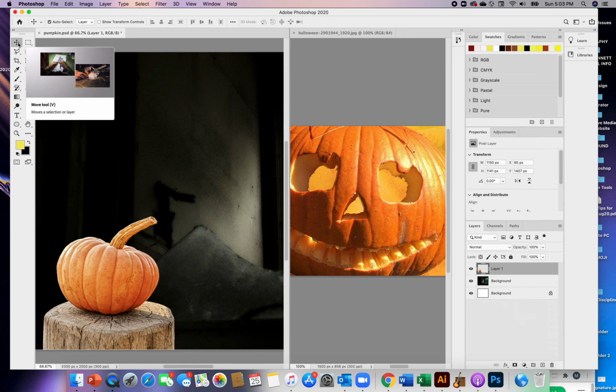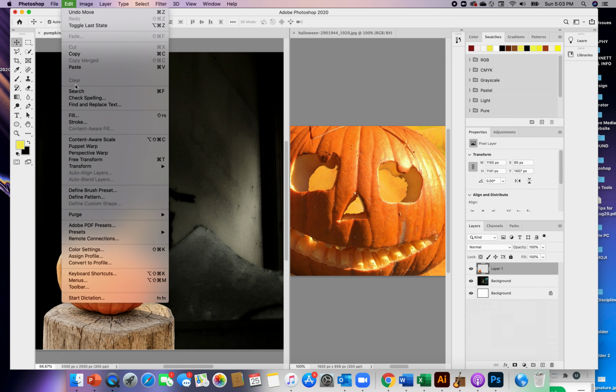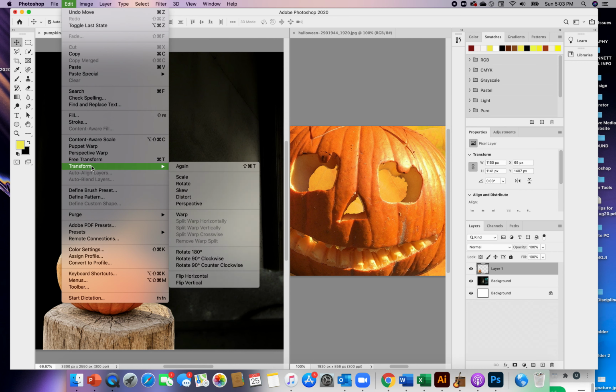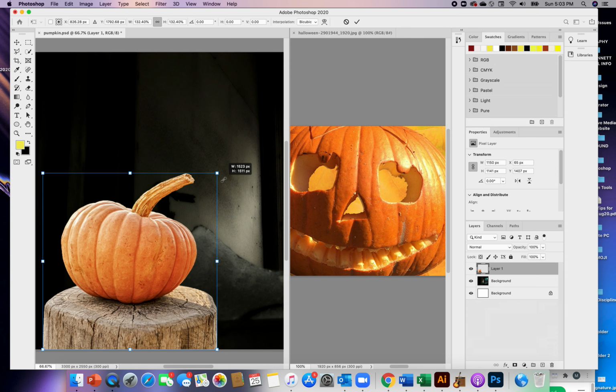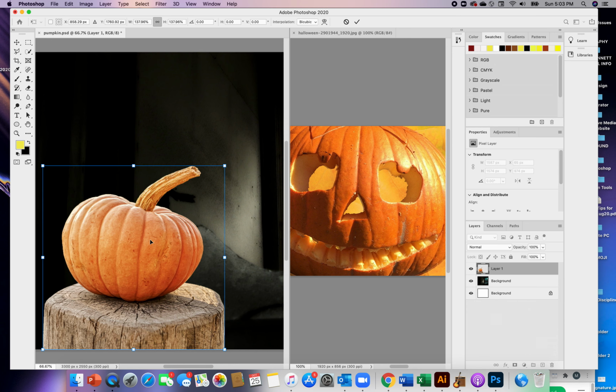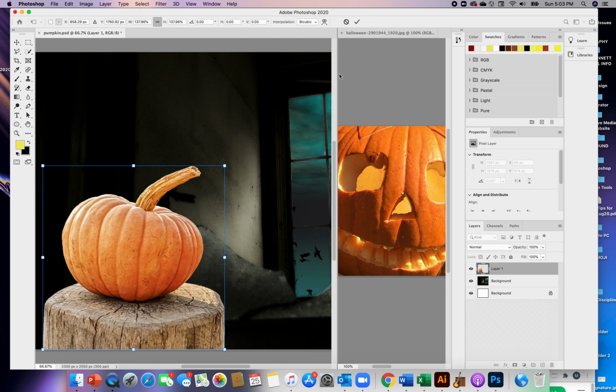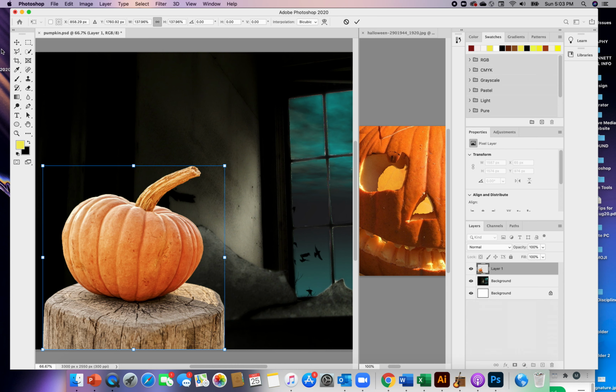Right, so I'm going to enlarge my pumpkin. I'm going to go to transform. I'm going to scale, and just make him a little bigger. Okay, so for now I'm going to slide him over. I don't really need to see him yet. All right, now my pumpkin,